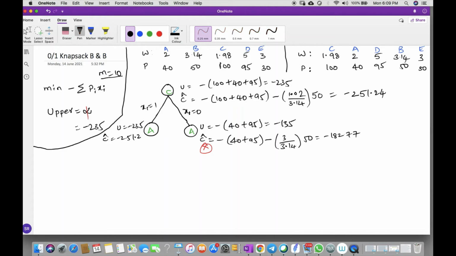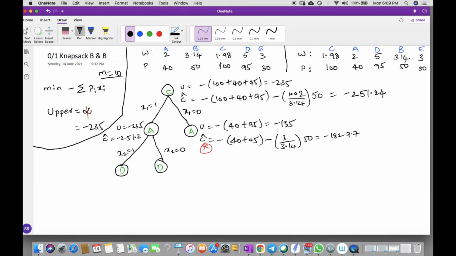See, if we are left with two nodes, our approach is to take the least cost. That is what we are following, LCBB, least cost branch and bound. So let us now expand this particular node. We have the third item as D, so let us write D. We obtain this by either x2 is equal to 1 or x2 is equal to 0.